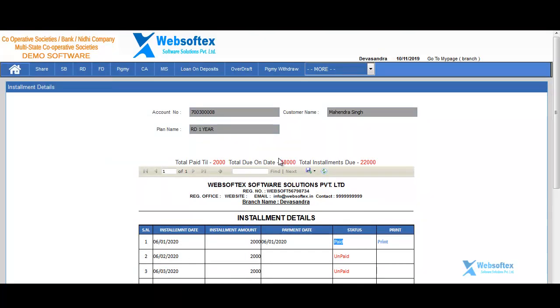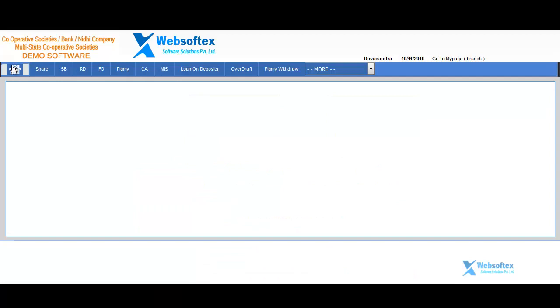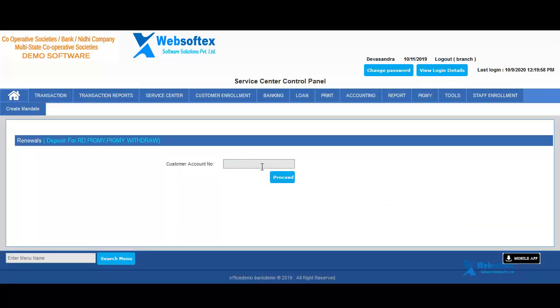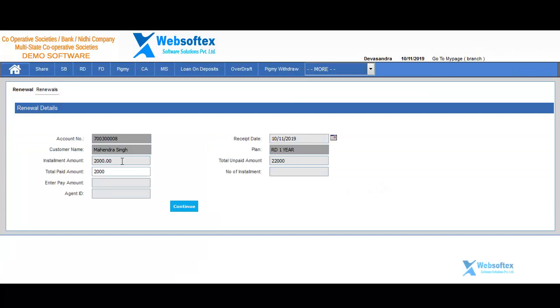Then after that, if you want to pay the RD installment, in the transaction menu there is an option called renewal. If you click on that, it will take you to the RD renewal page. There you need to enter the RD account number and click on proceed. Then enter the amount, how much you want to pay.